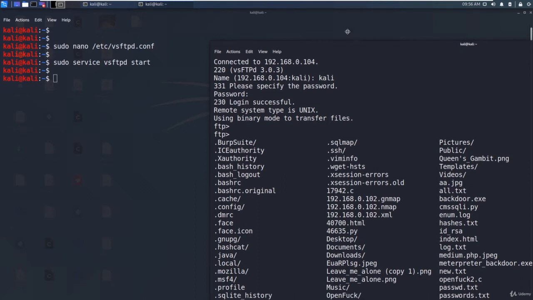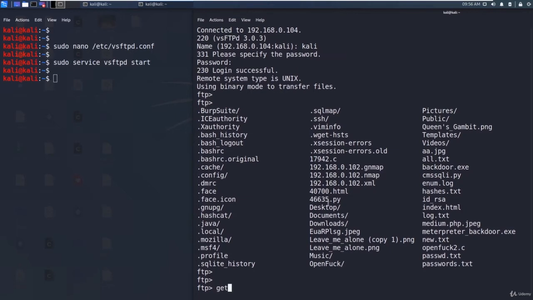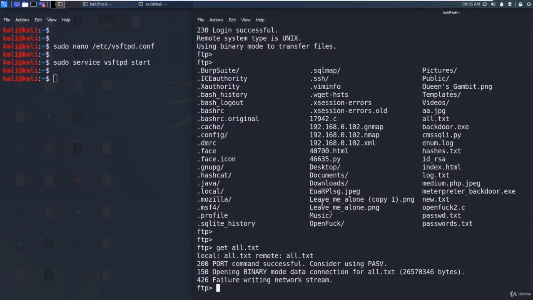What you can do is say get r.txt, for example.